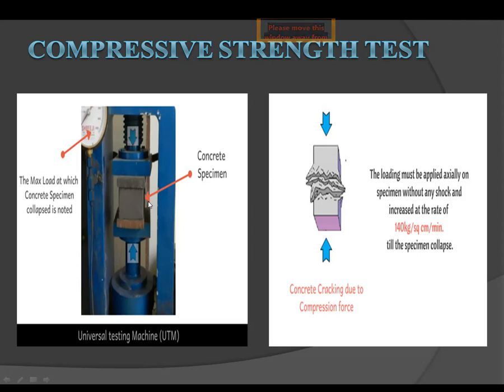Why do we test concrete at 7 days, 14 days, and 28 days? Concrete gains maximum strength at 28 days, and since in the construction sector a greater amount of capital is at stake, instead of waiting until 28 days, we can check the concrete strength at 7 and 14 days against the target strength of the construction work.